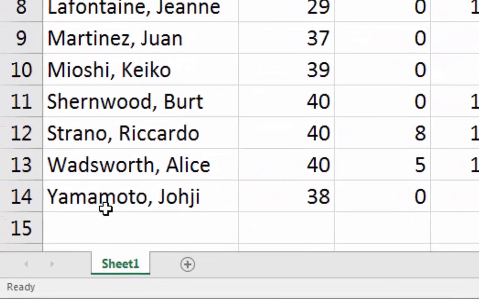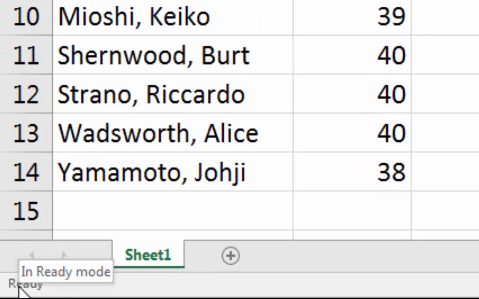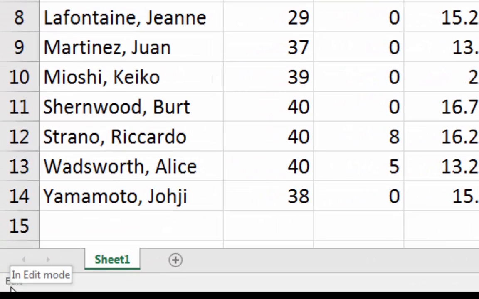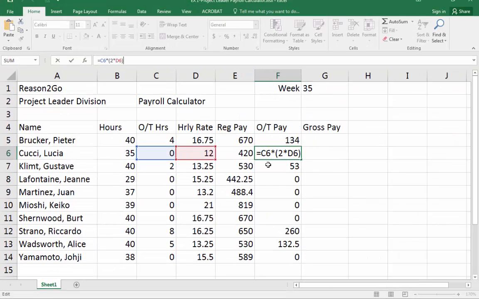Notice down below, in the left corner, it says ready. What happens if I click on the formula box? Down here it says edit. I'm now in edit mode. And things look weird down here. They do this helpful thing where they color code. Where I click up here on the formula,